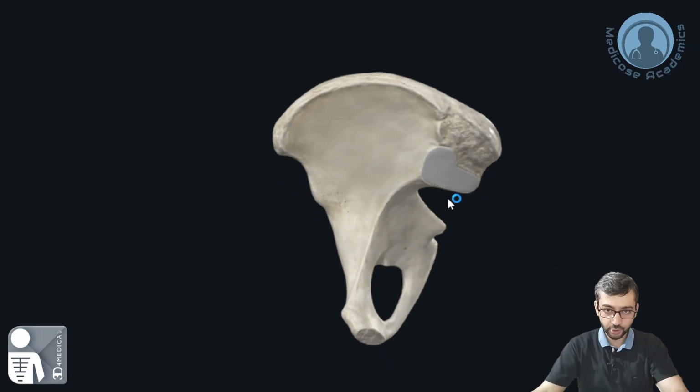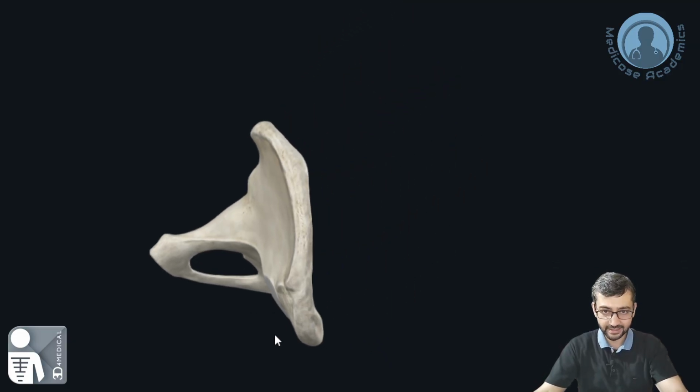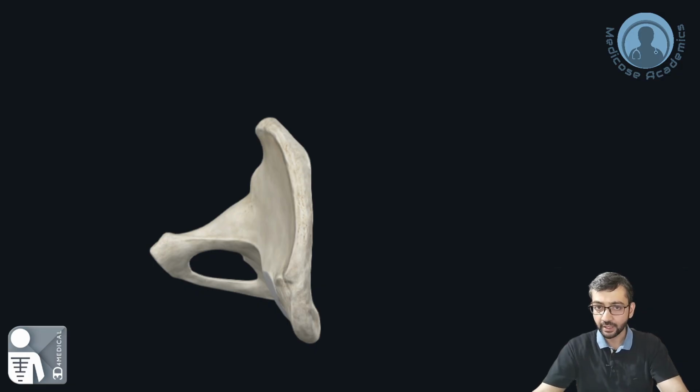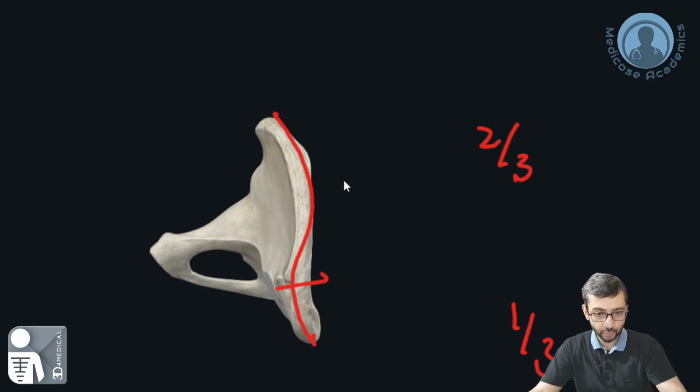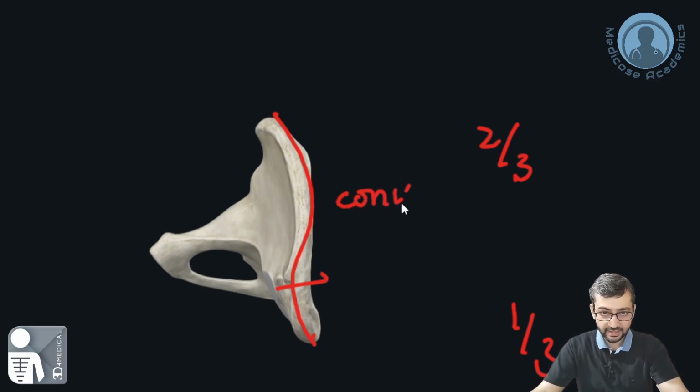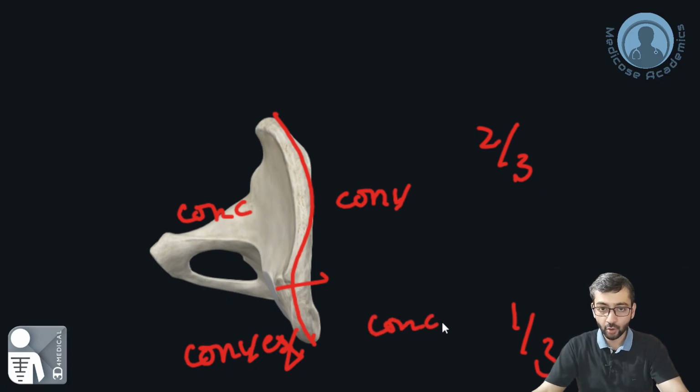When we look at it from the top, you get a very distinct S-shape arrangement. As you can see, it has divided into anterior 2/3 and posterior 1/3. In the anterior 2/3, it is convex outside and concave inside, and on the posterior 1/3 it is convex inside and concave outside. To be very clear, this is anterior, this is posterior,